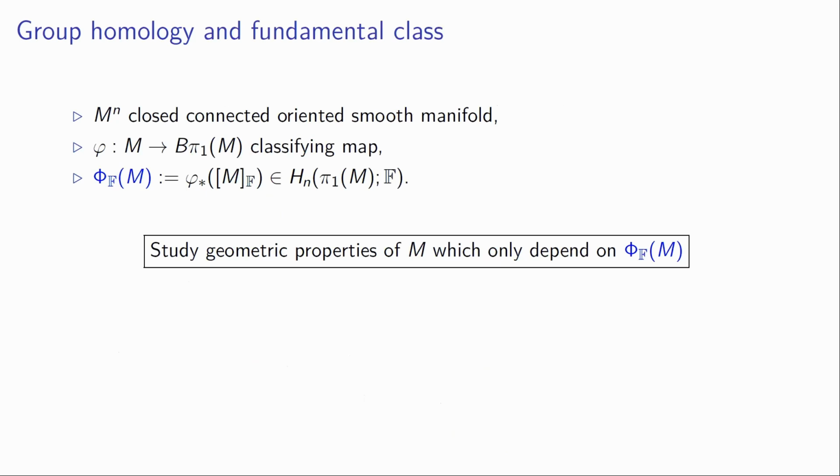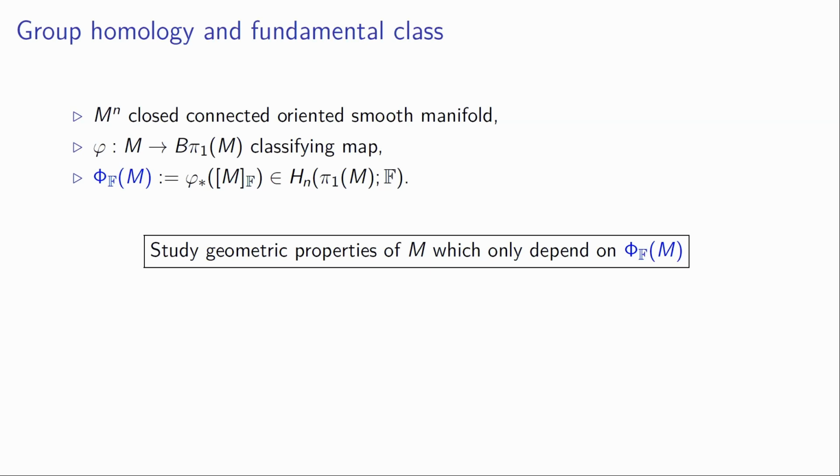It's the classifying map of the universal covering of M that is determined uniquely up to homotopy. And then using the topological definition of group homology, you define an invariant Phi of M with coefficients in F as the image of the fundamental class of M, a homology class in degree n with coefficients in F,